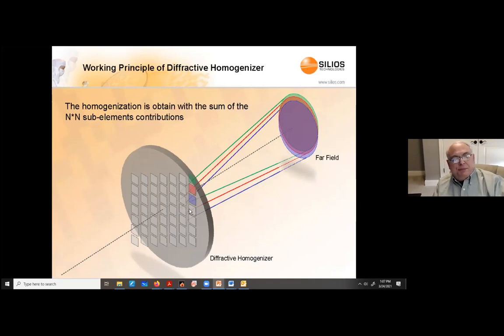So each of these small diffractive optic pixels is producing a disk, and then they all overlap. What's great about this is that when your laser alignment drifts, or even during the pulse, at the beginning of the pulse and the end of the pulse, the spatial profile is different. All that does is redistribute intensities over here, and it constantly maintains a very flat field so that you can launch a nice disk.